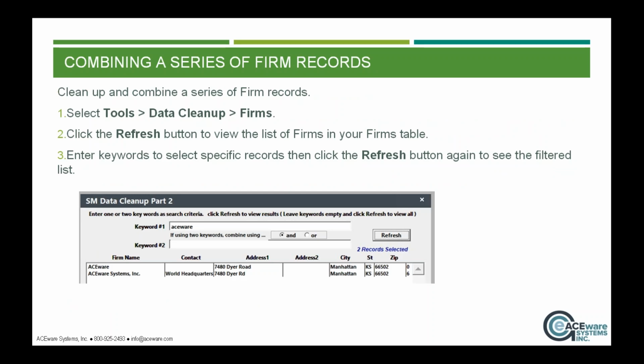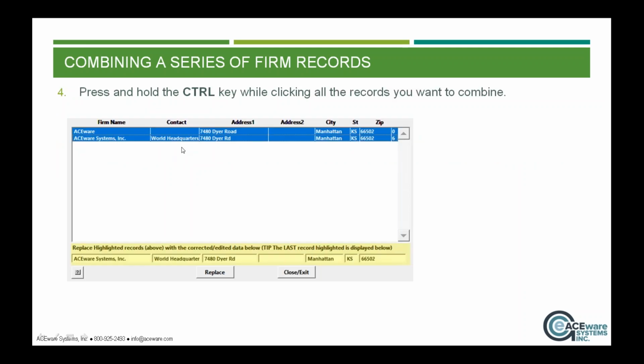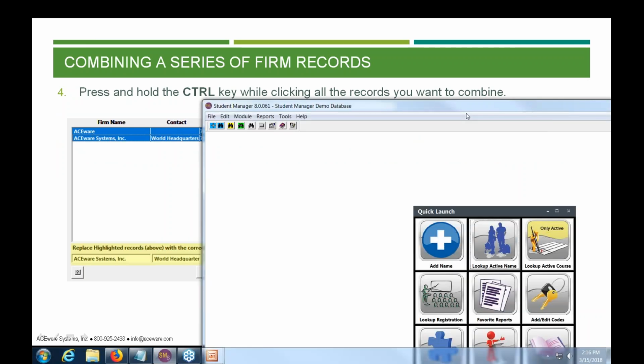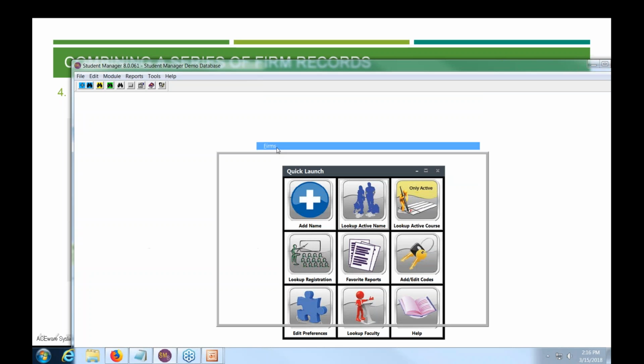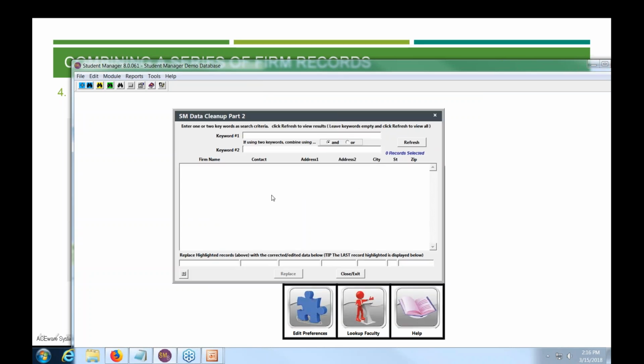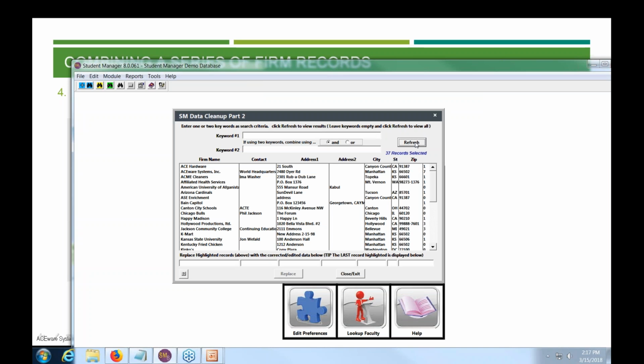Firms, very similar. However, our look in Manager is going to be a little different. In our tool, Tools, data cleanup, firms, refresh button, etc. You will get this. Now, take a look in Manager here. We again go to our data cleanup, firms. As it says here, if you leave the keywords empty, you will get a list of all by clicking refresh. So I'm going to click refresh here. And as you see, I've actually got ACEware, ACEware